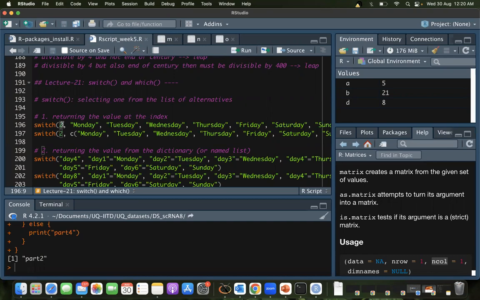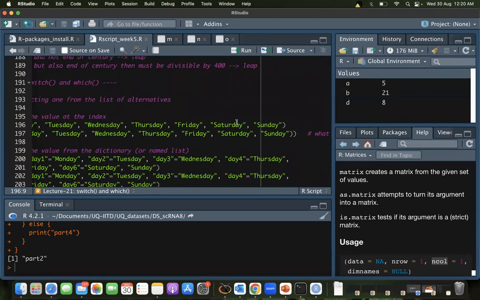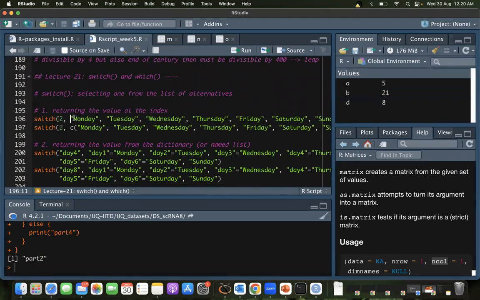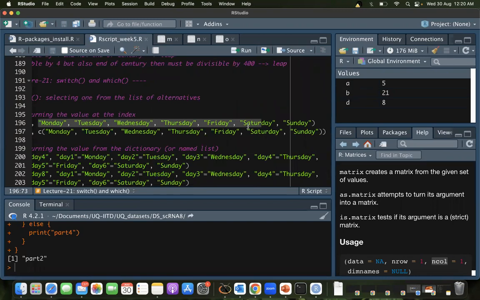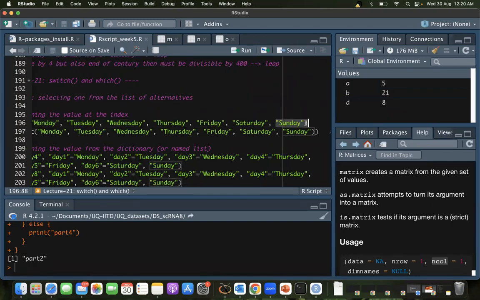The first argument should be what you're interested in. All the other arguments are a list of values. Also, the last element, if there is one, is considered to be a default.